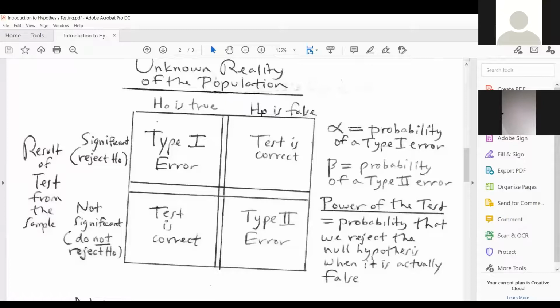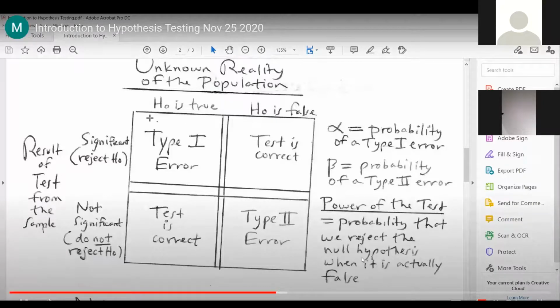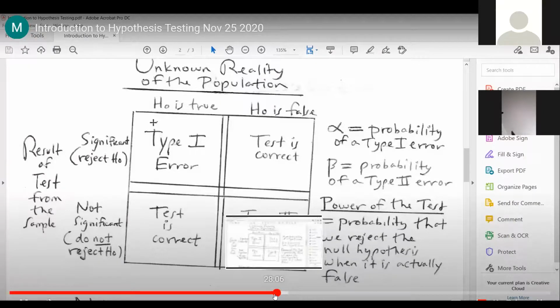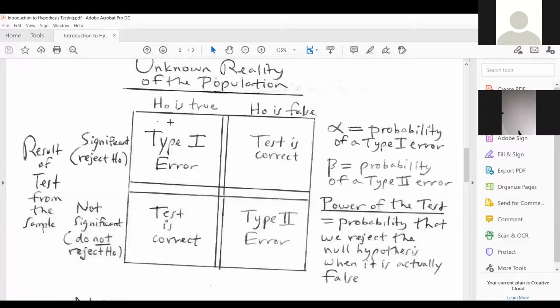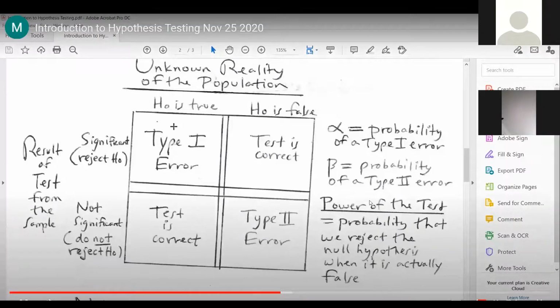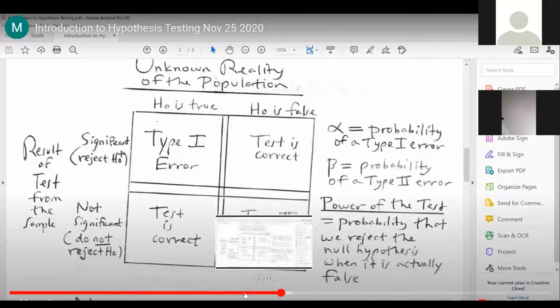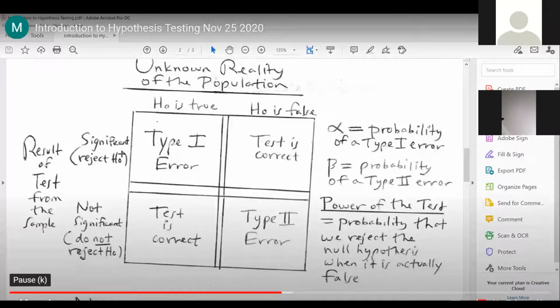Now, Dr. Williams mentioned two types of errors that are possible in a hypothesis test. The first one is called a type 1 error. It's in this box here. See, there are 4 boxes. This box is the intersection of this row, where we're rejecting the null hypothesis, and this column, where in reality the null hypothesis is true. So this is an error, right? Our test says there's enough evidence to reject the null hypothesis, and yet in reality, the null hypothesis is